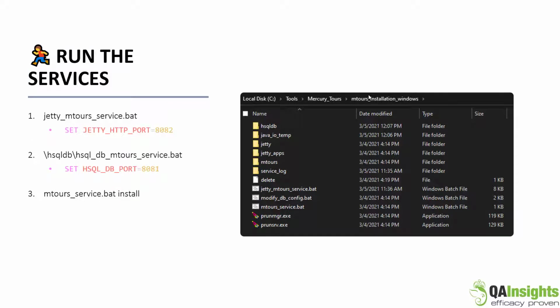After you have downloaded and extracted the content, you have to run two services. One is for Jetty, and you have to set the HTTP port to 8082. By default, it uses 8080. And you have to set the port for the database. So here I am setting 8081 for the database. After these services have been set up, at last, you have to execute